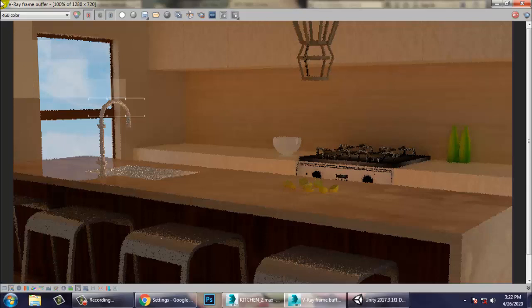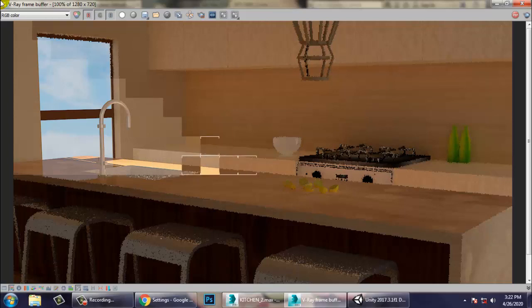If you want to put some more stuff like the utensils and all this stuff, you can just go with it. You can put it more. The light is very high.